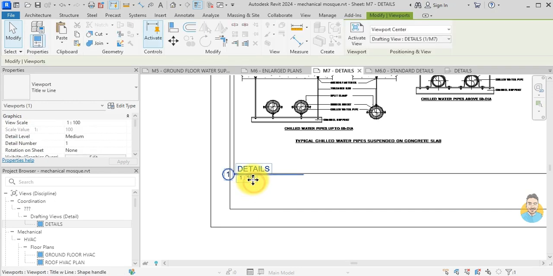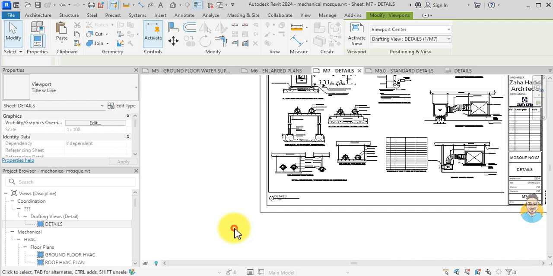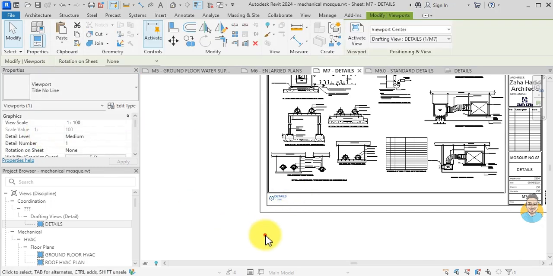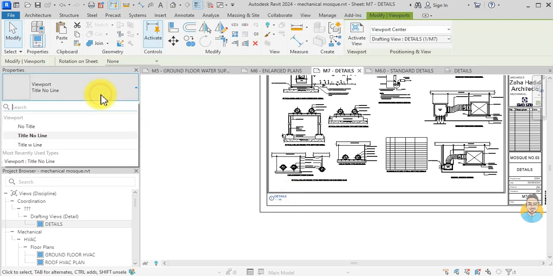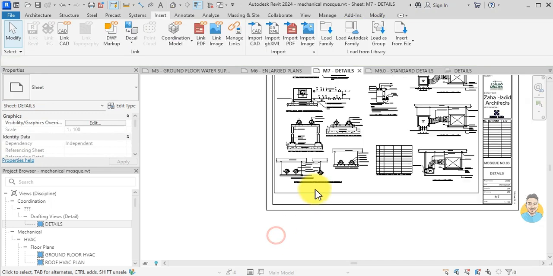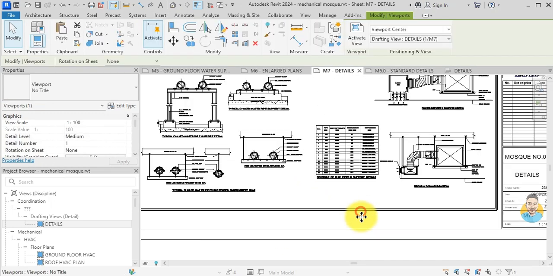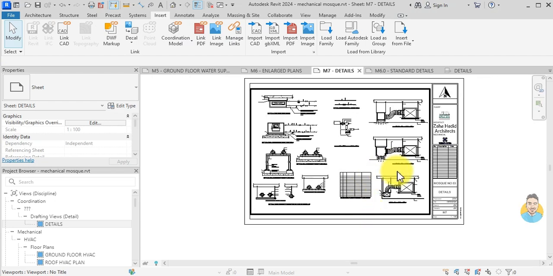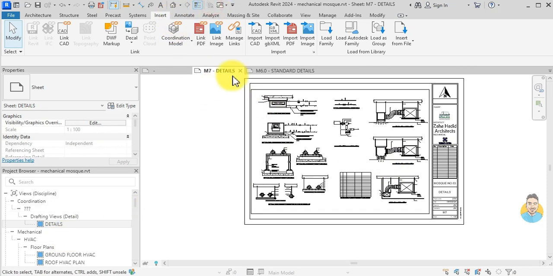I don't need it to have a viewport title, so I can change the type of the viewport with line title, no title. No title, that's it. So that's how I can also create equipment schedules, and that's how we create a mechanical